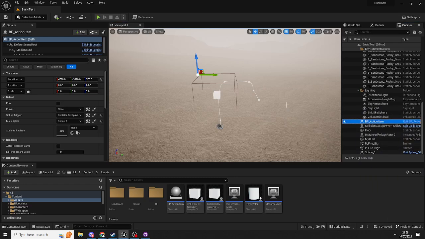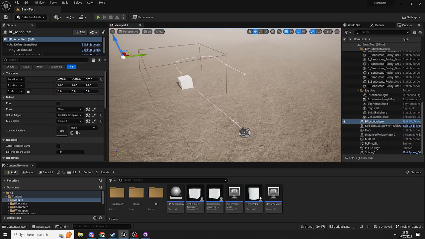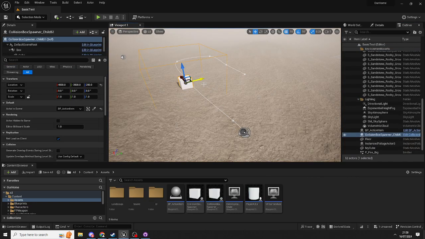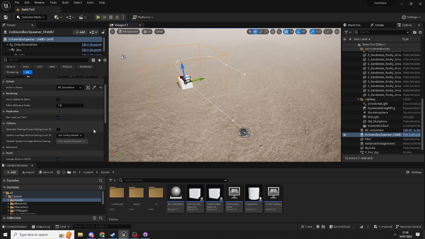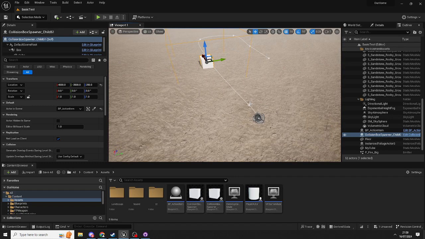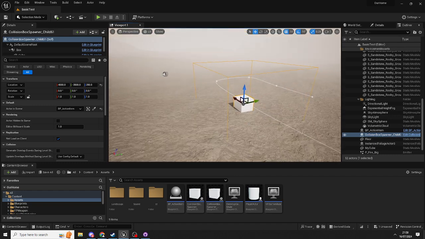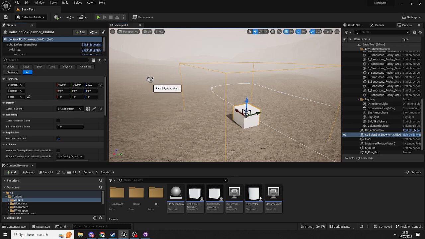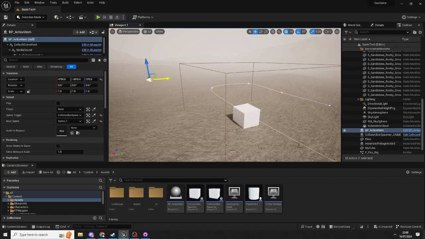Yeah, so to visualize what I've done, we want to start from the beginning. Let me explain what I've done. So I've got the spline, we know how to spawn an object. We can then click on that object and then we can click on an actor that I've put in the scene, right? So I've put this actor, and this actor knows the spline, and when the game starts it will